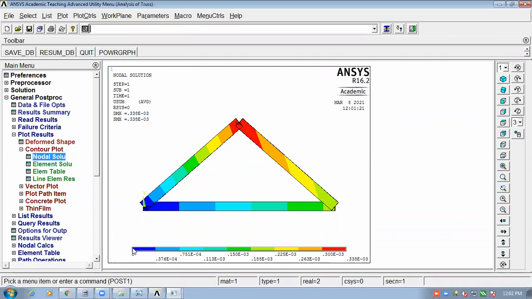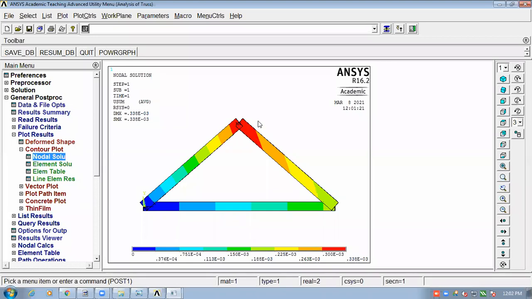See, you have the 0 value where you have the blue region. So displacement is increasing from the blue region gradually towards the green region, to the yellow region, and to the red region. So at the red region, you have the maximum value of displacement. You can see the blue region where displacement is 0. In this region, we have provided the fixed support. So obviously the fixed support cannot move in any direction, so the displacement is 0 in that region. So obviously it is indicated by the blue region.